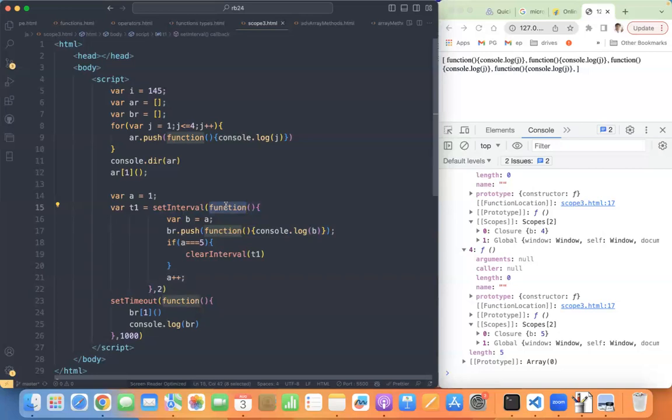I feel strongly there are only 3 or 4 topics which are utterly complicated for me. One is closure. Hoisting and temporal dead zone is the second concept. Third concept is promises and asynchronous activity. That is what is coming next week.